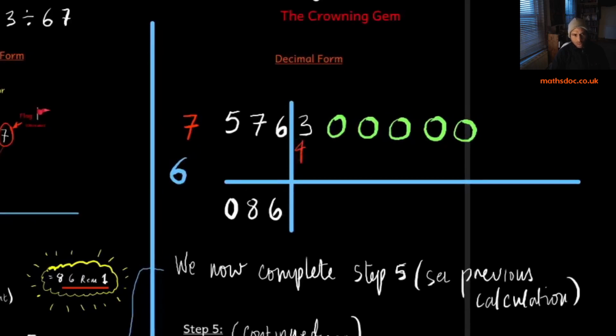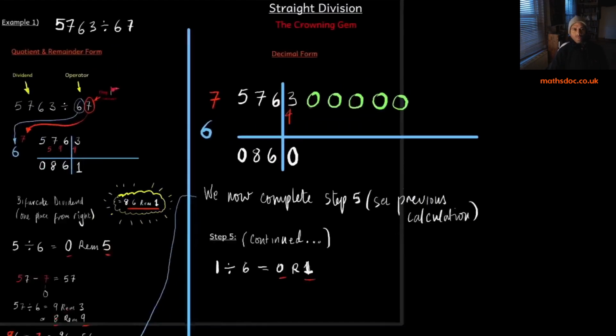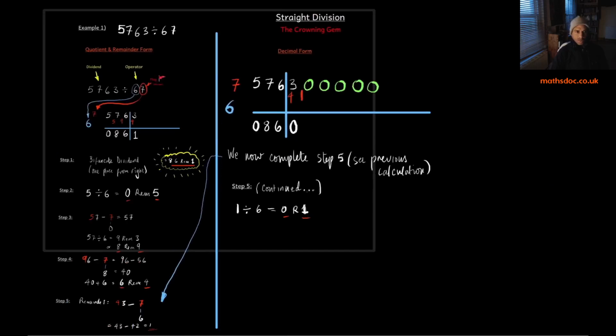That's what we had last time. What we've done is basically 43 minus 42, which is 1. We've divided by 6, and we've got 0 remainder 1. So we just put the 0 under the 3, and prepend the 1 to the